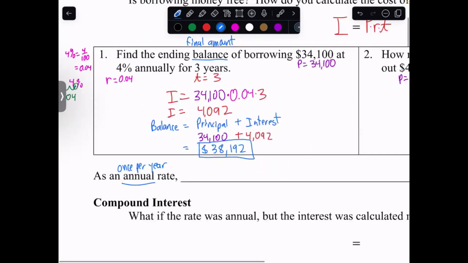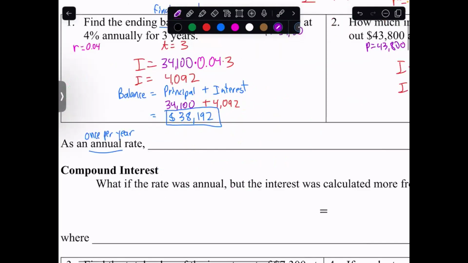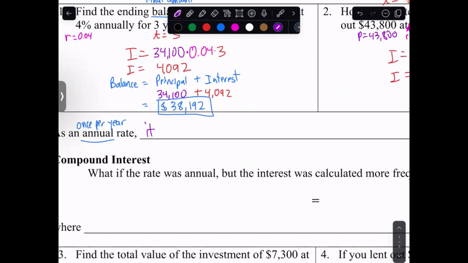Okay, so if a bank is charging you interest annually, that means when you borrow $100 from them today, they don't get any money until a year from now, until November 14th, 2026. Right? The banks probably don't want to wait that long to earn money, right? That's a long time to go without getting anything back for the money they lent out. Okay, so yeah, as an annual rate,